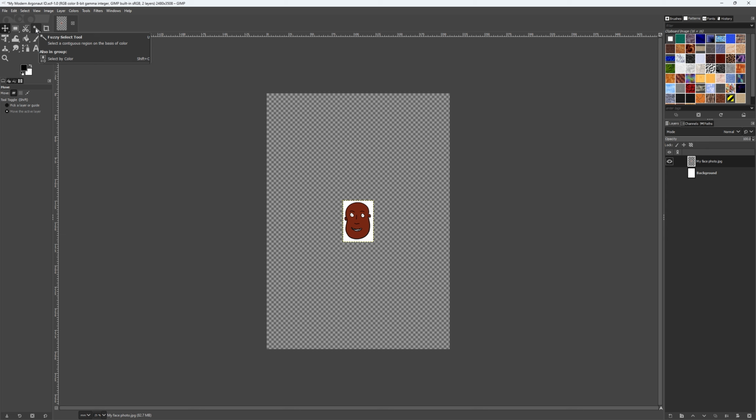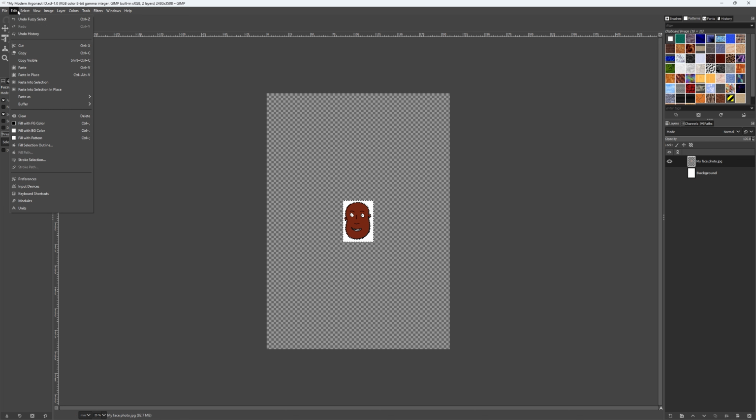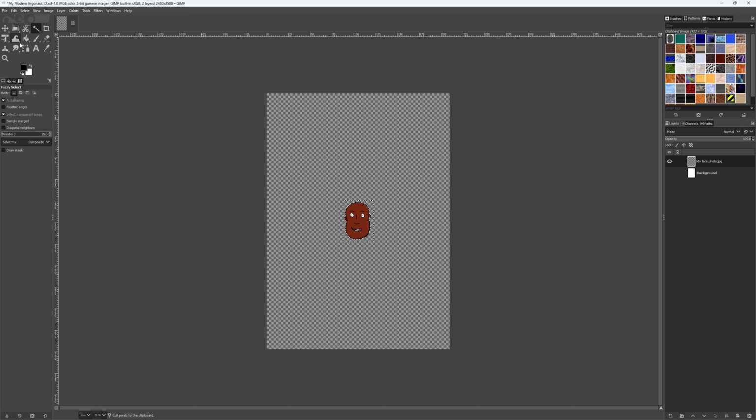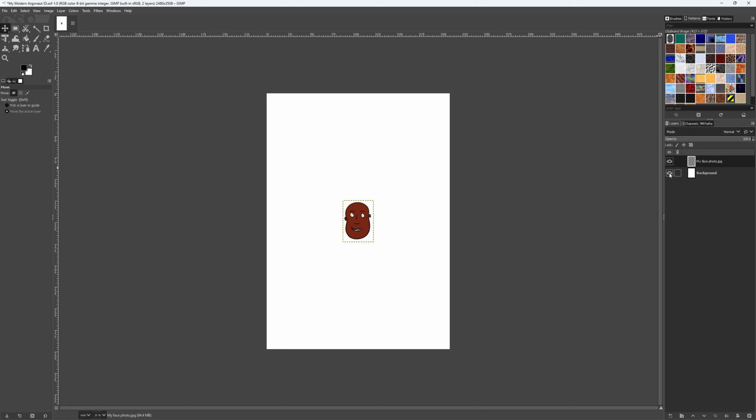I've got this white layer to remove, so I'm going to use the Fuzzy Select tool. Click that and then click on the white background layer. And now we've got marching ants running around the image. Now we'll go to Edit and Cut, and it's removed the background. We still have the marching ants though, so let's go to Select and None. Now select the Move tool in the Tools panel, and just below here, make sure that it's ticked for Move the Active Layer. Now over on the right-hand side, let's unhide the background layer by clicking on the eye symbol. Good.